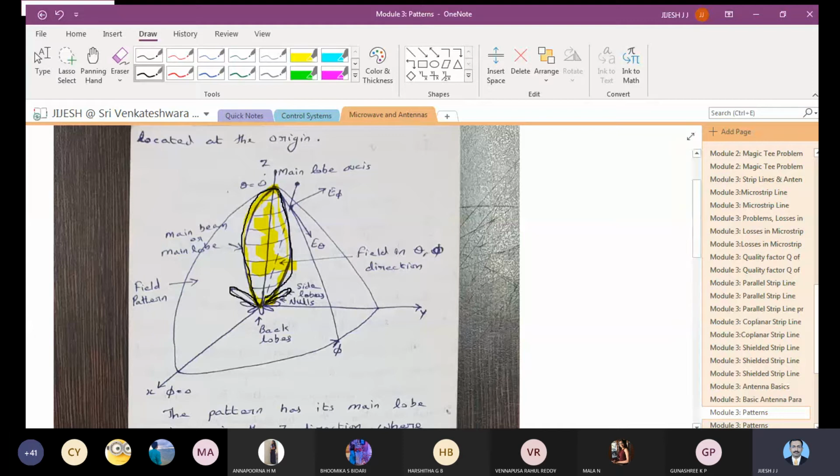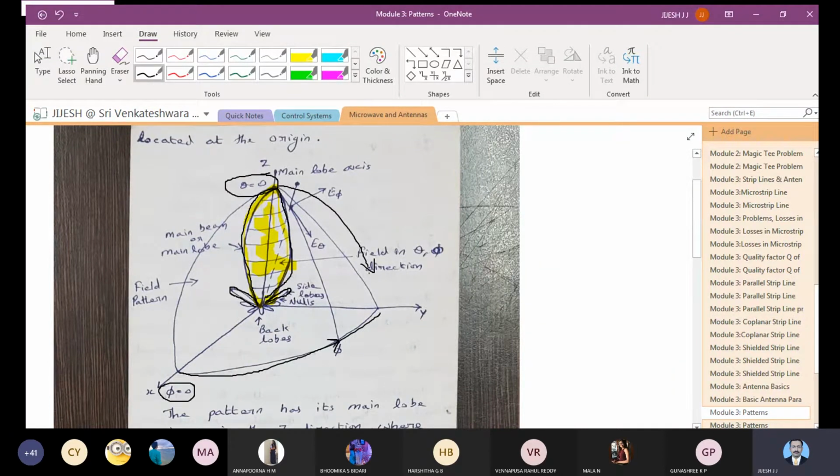You can see that this is the theta. Theta is taken to be 0 here, and phi is taken to be 0 here. These are few things you need to note down, and I'll give you time to draw this. First you can see the phi component, which goes on like this, and this is the theta component. You can imagine that theta starts at 0 and moves on in this direction. So you have the two field components.